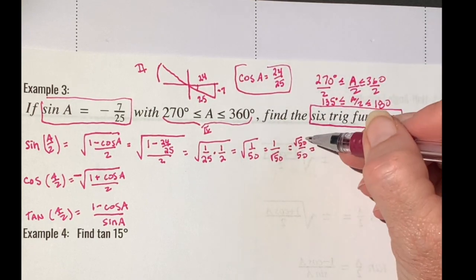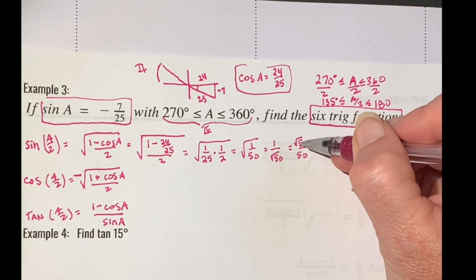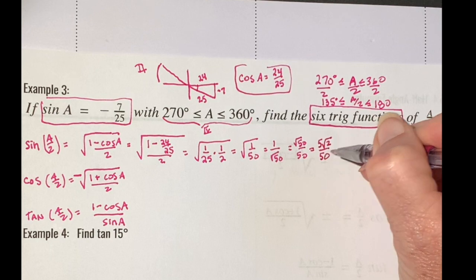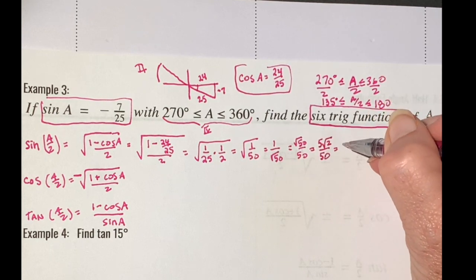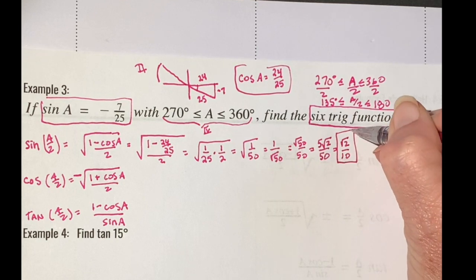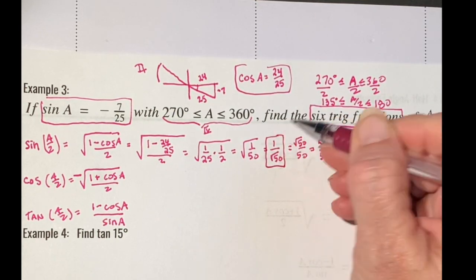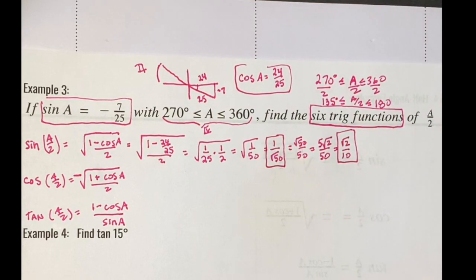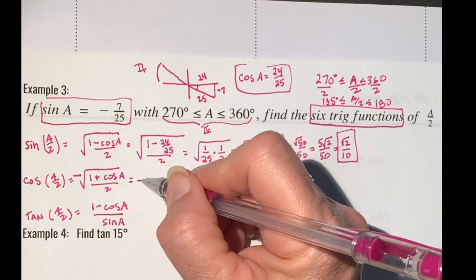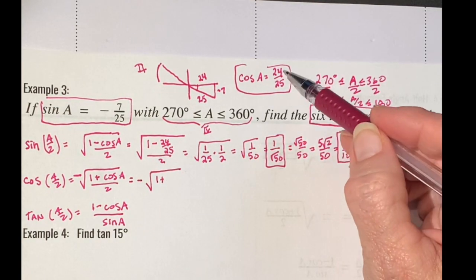And then I can break this down, there's 25 times 2, and the square root of 25 comes out as 5. And then 5 over 50 would reduce down to 1 over 10, so the square root of 2 over 10. Okay, so if you want to rationalize it, fine; if not, I feel sure it would accept this. It always has. All right, cosine of the half angle would be negative square root of 1 plus the cosine, which is 24/25,